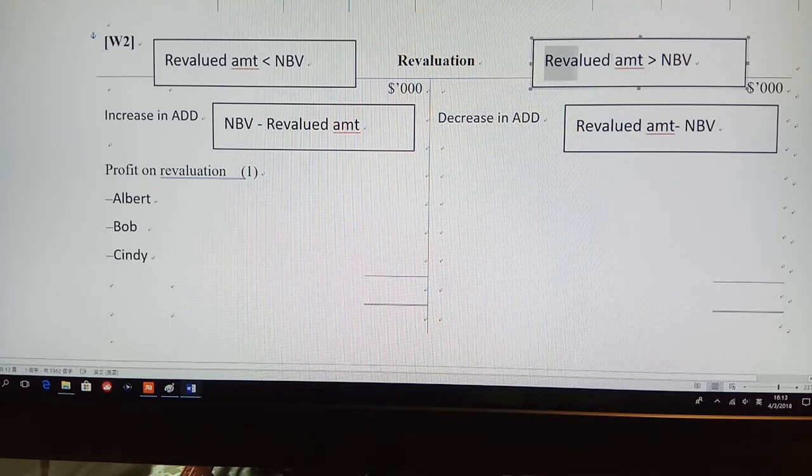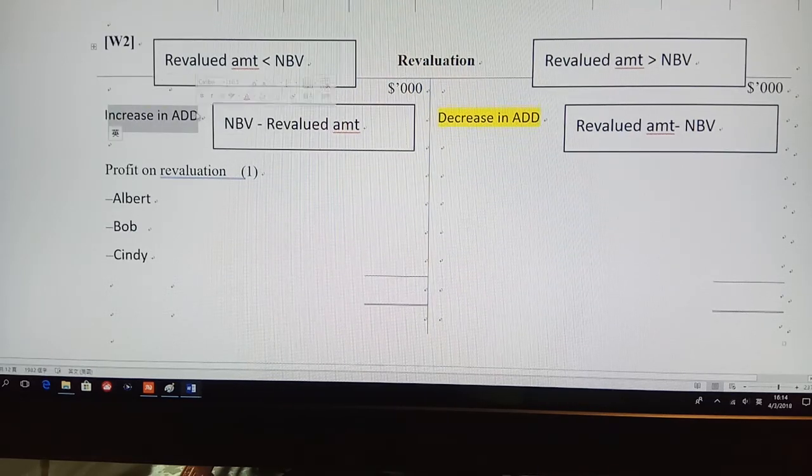Okay, when the revalue amount is greater than the net book value, we put the difference between these two figures on the right side. I always told you that is a good sign for revaluation. That means the revalue amount is greater than the net book value. You know, net book value is equal to cost minus AD. Cost minus AD. Okay, on the other hand, when the revalue amount is less than net book value, we write the difference, the bigger figure minus the smaller figure, on the left side. Okay, I always give you a note here that